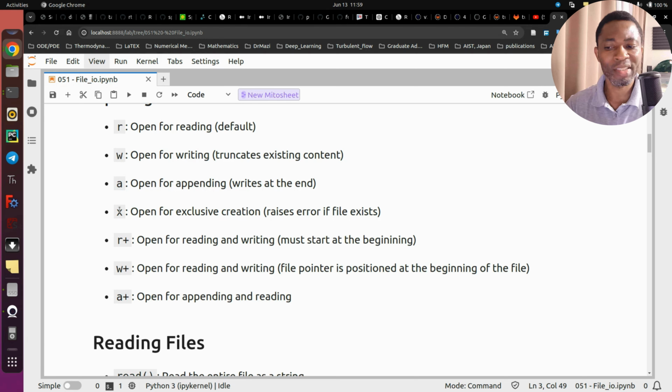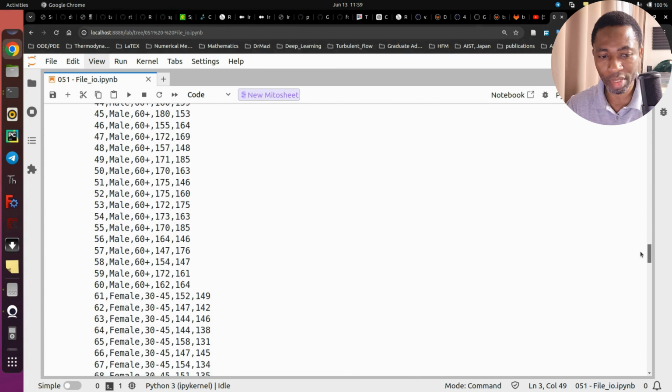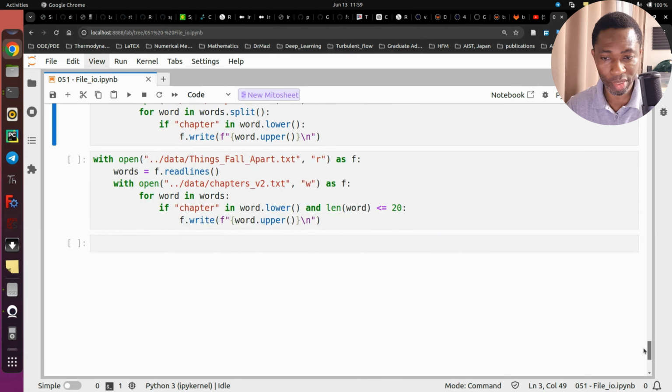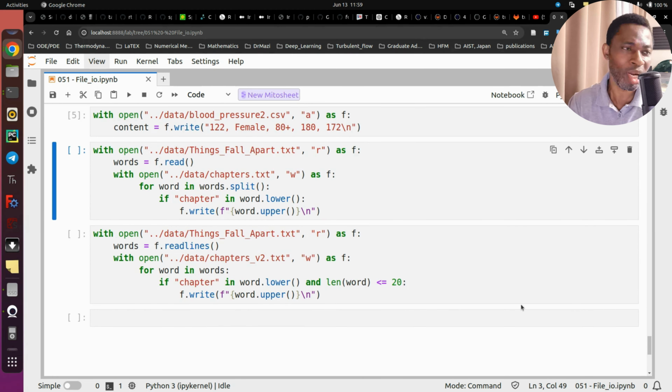If you don't have an existing file, you can actually use the mode X. It's very rare. I usually don't see people use that, but you can use it. After this video, you can try it yourself as your own personal homework. Get any file, then try to read it and write to it using that